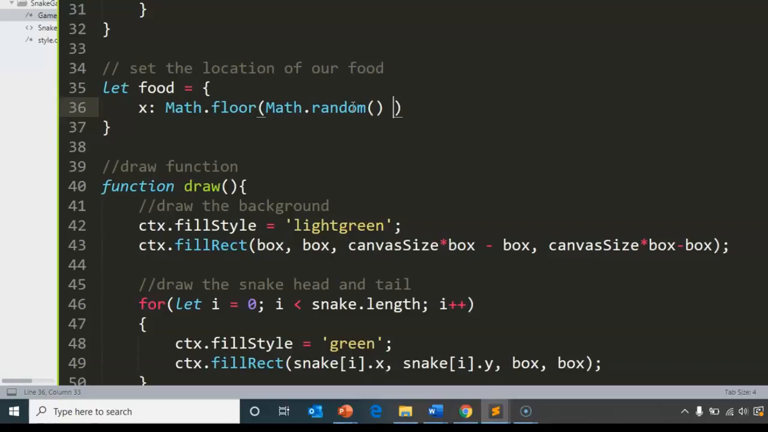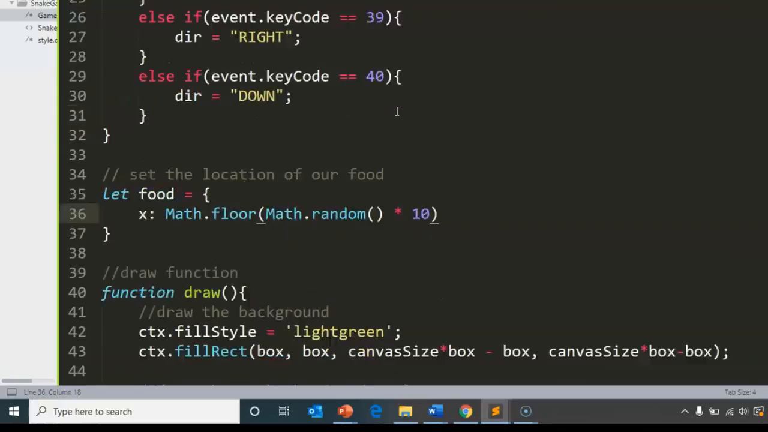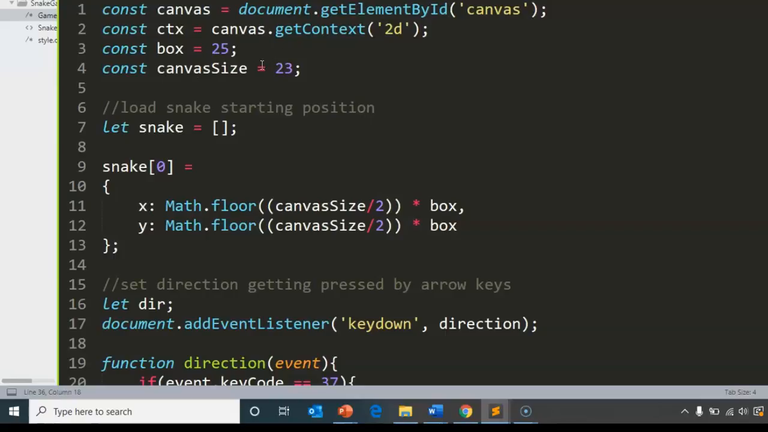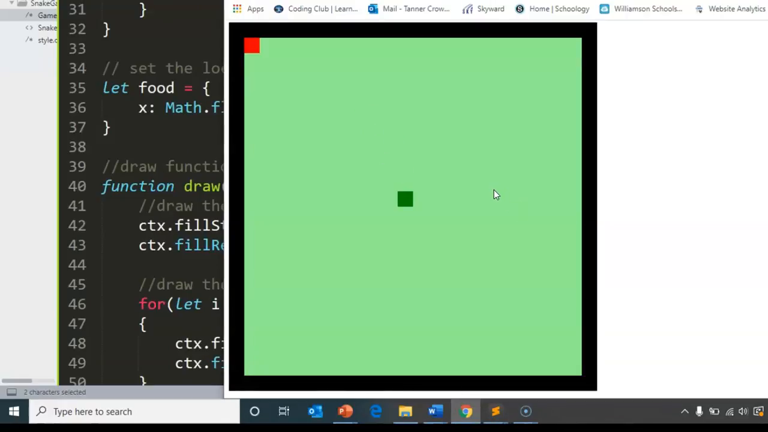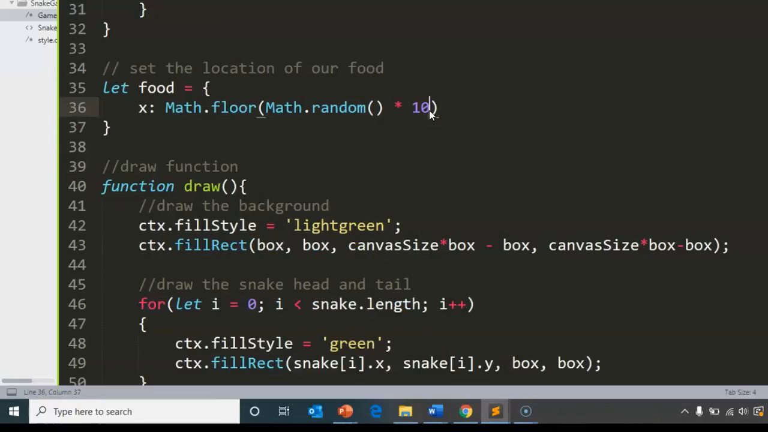The use of that is that if you multiply it by, let's say, 10, that would get me a random number between 0 and 9. And since we did Math.floor, it would be a random integer between 0 and 9. Now, we need it to be a random number between 0 and 23, and then we're going to multiply that by 25, by box, so that it will be this many pixels to be on this box or wherever it randomly generates to. So we are going to do Math.random times